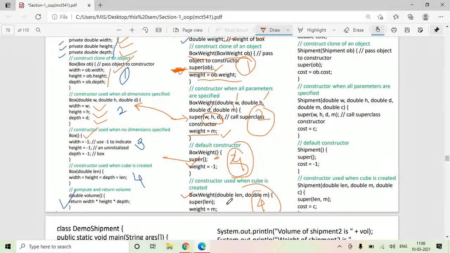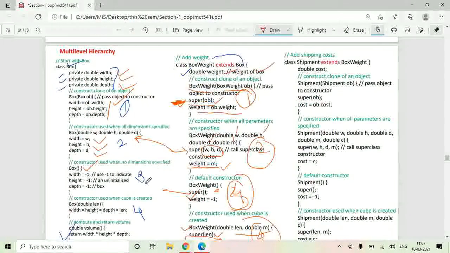So box weight, you accept 2 arguments from the user, use 1 argument to initialize the weight variable and pass 1 argument, super length. So call the parent class appropriate constructor which accepts 1 argument. So this constructor gets called for this line. So parent class width, height and depth will be initialized with the length variable.